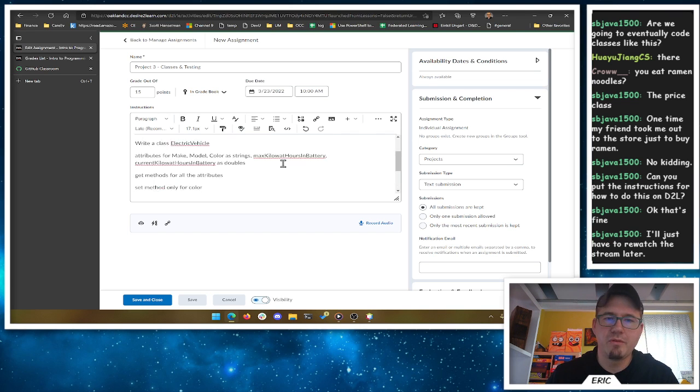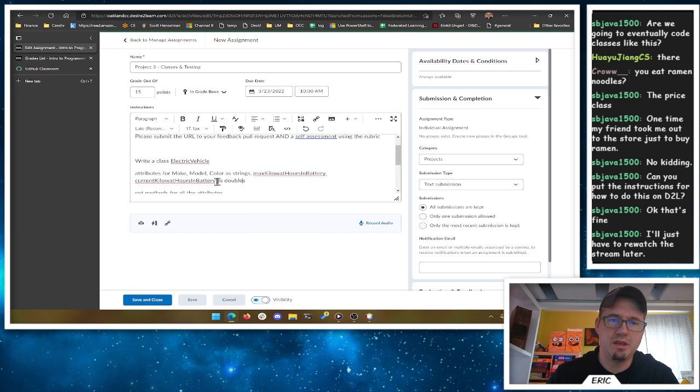Okay. Oh, we need one more value. I'm sorry. We need kilometers per kilowatt hour. So this is how many kilometers your vehicle can go per kilowatt hour.